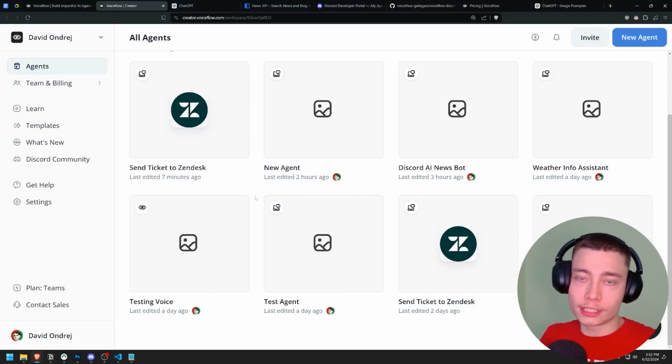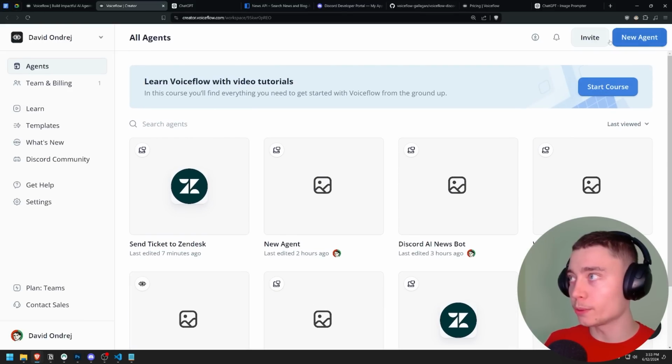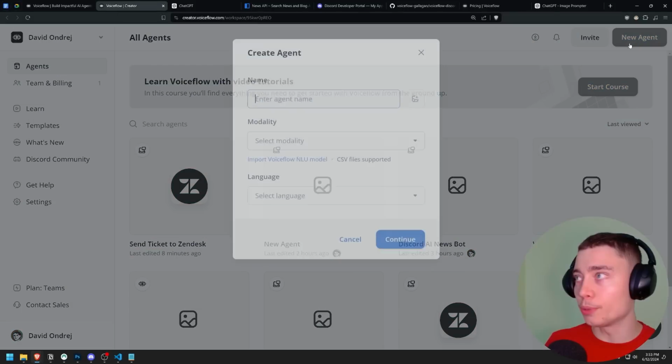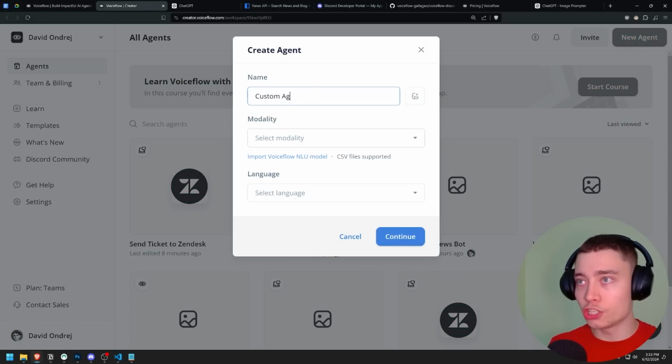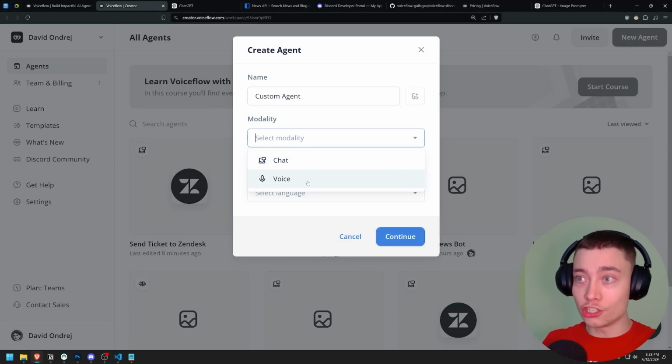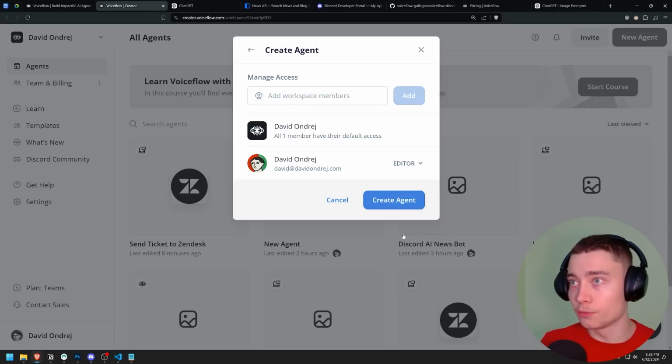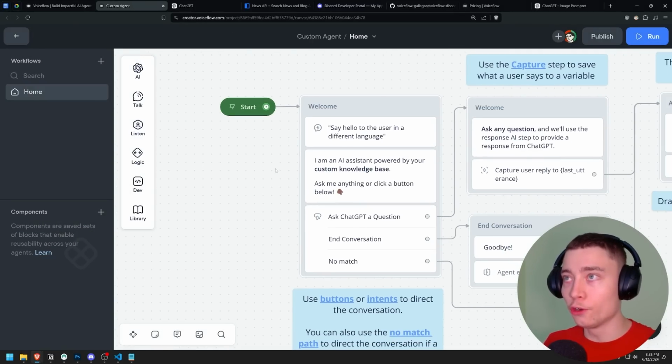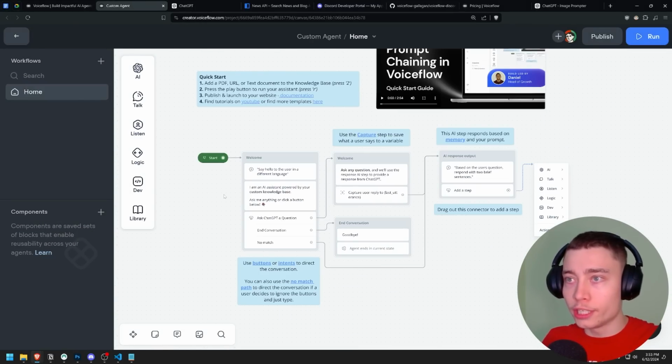free. Now, when you get started, you probably won't have any agents, so first thing we need to do is click on New Agent in the top right corner. I'm just gonna name it Custom Agent. Super creative, I know. Modality, you can do chat, and you can even do voice agents. I'm gonna go chat, in language, English obviously, and if you have other team members, you can add them. When you get started, you're gonna get a default project, and you should probably go through this, but I'm gonna